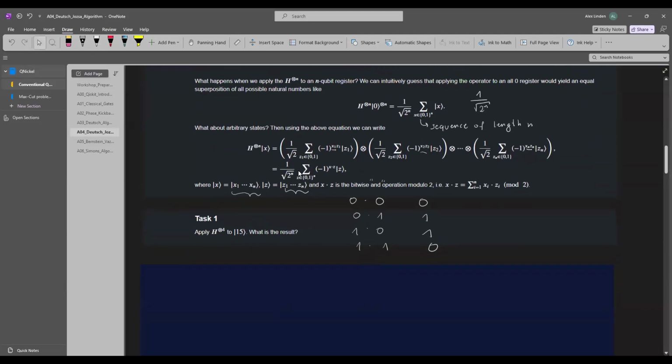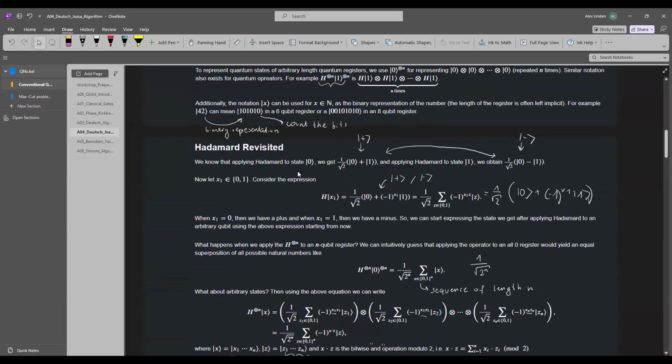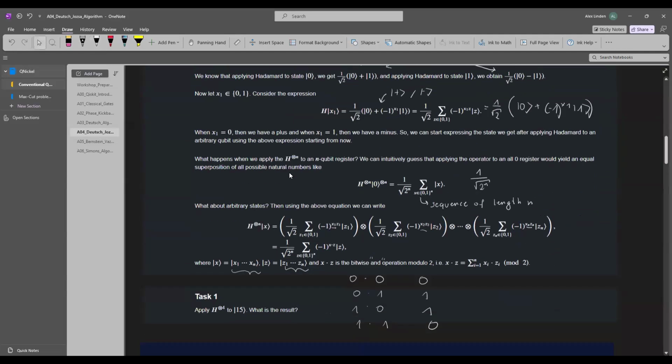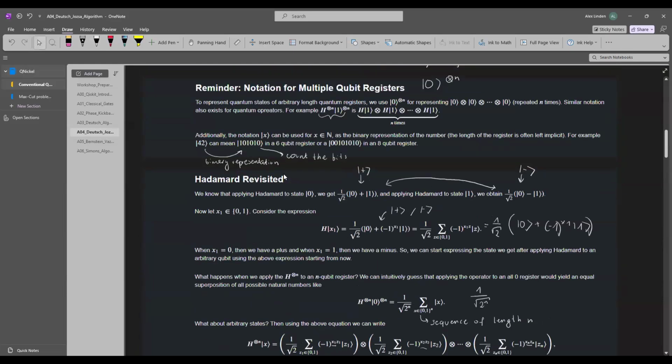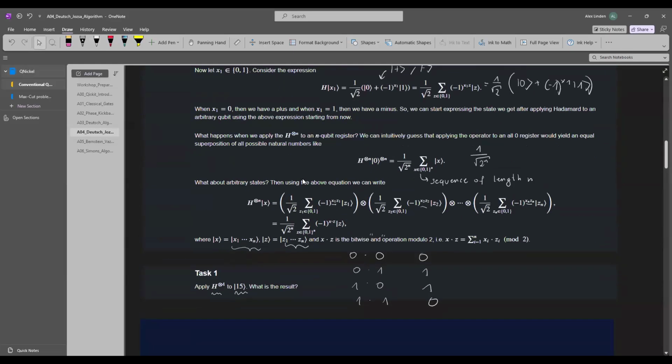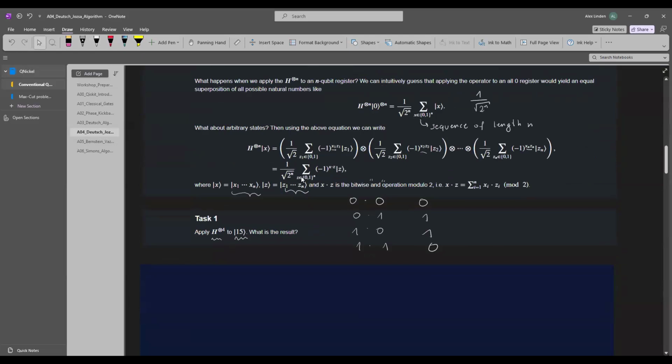All right, and next, I would like you to try to utilize these tricks to calculate H tensor product 4 applied to state 15. So you'll have to use all of this that I just explained. And we'll give it 5 minutes, but I will again pause the task, and I think it might take a little longer, but we'll see. So first,